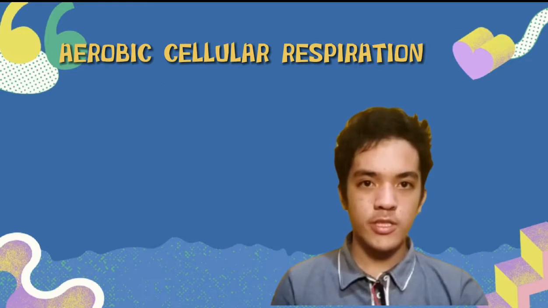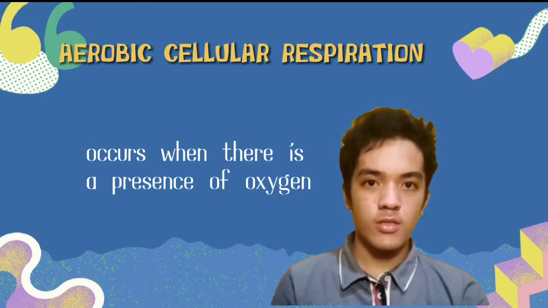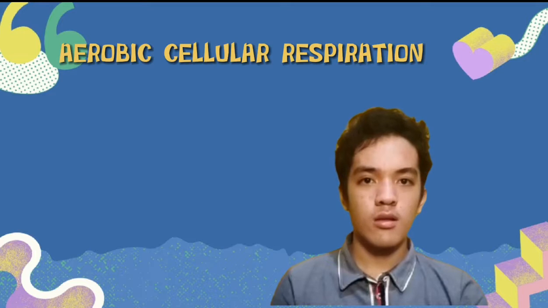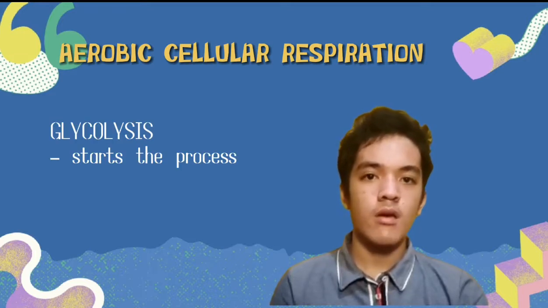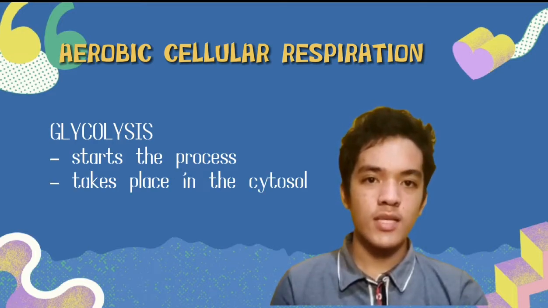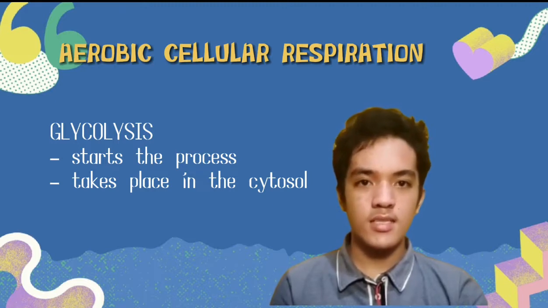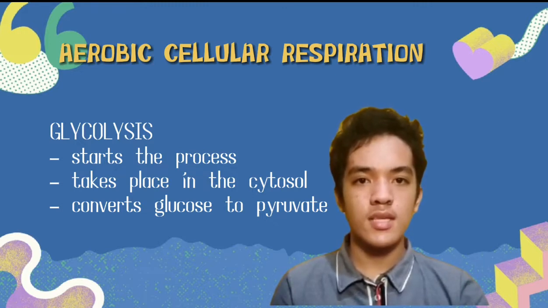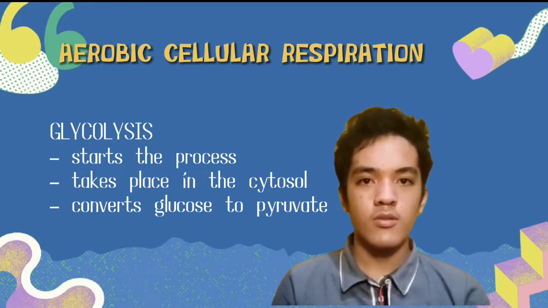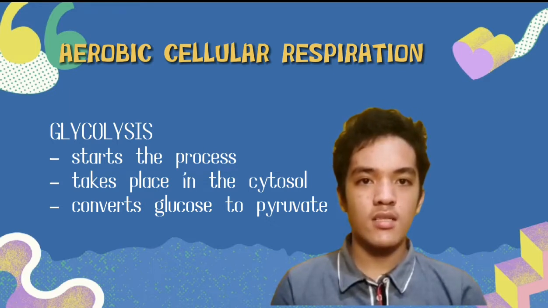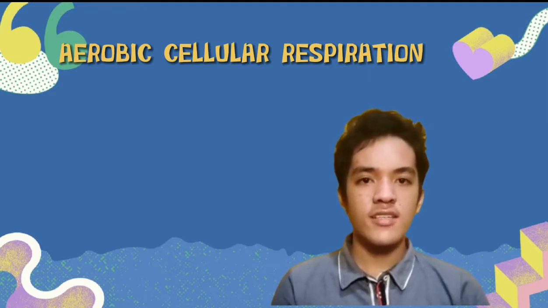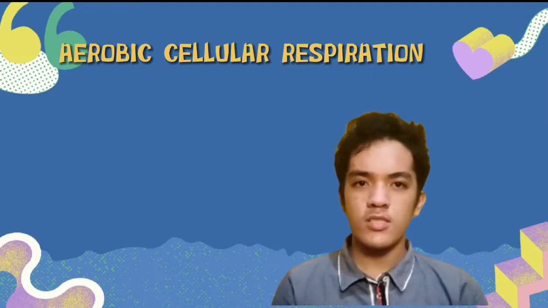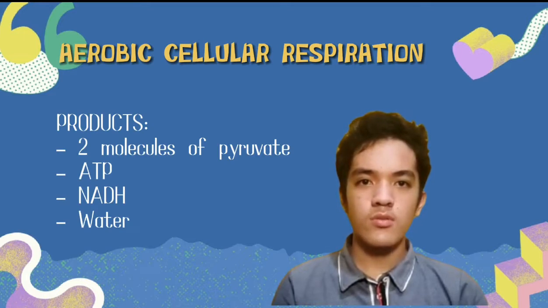Aerobic cellular respiration occurs when there is a presence of oxygen, but this will all start from glycolysis. Glycolysis takes place in the cytosol, and it's the metabolic pathway that converts glucose, C6H12O6, into pyruvic acid, CH3COCOOH. The free energy released in this process is used to form two molecules of ATP and NADH